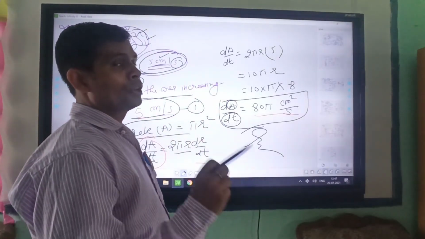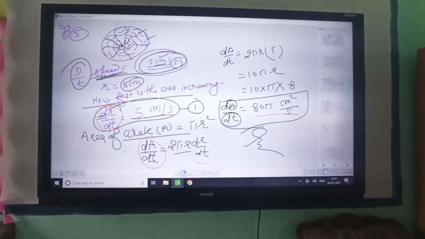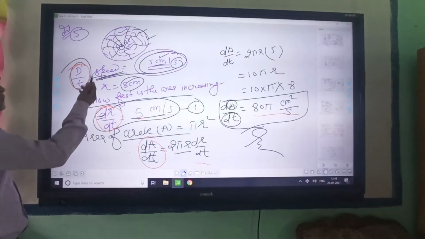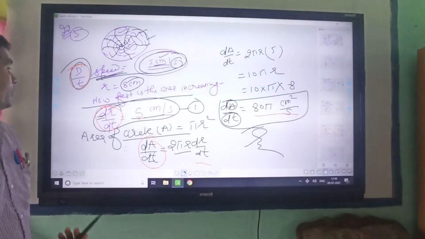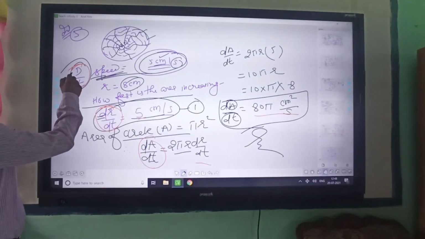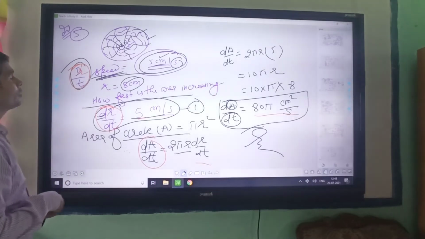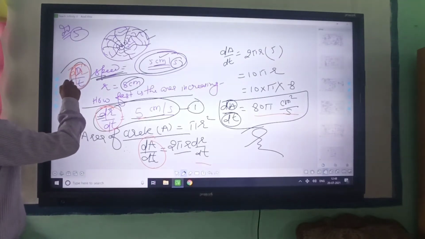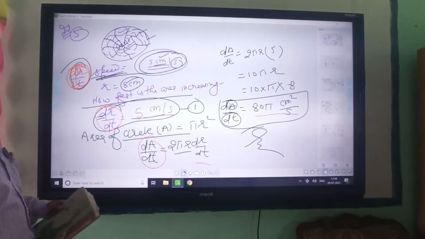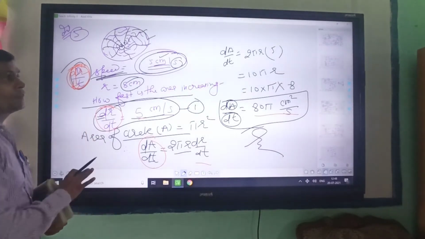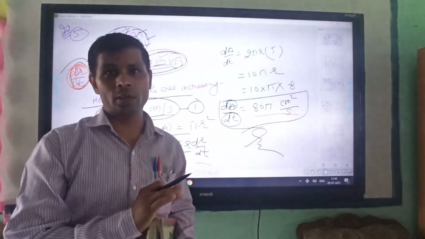In this question you should remember that speed means the rate of change in radius. Another way to memorize this: speed equals distance upon time, so speed is always the change of distance with respect to time. If we take the derivative, and distance is represented here with the letter r, it becomes dr by dt. So you may also memorize it this way. This is a very important question, and you should practice it.